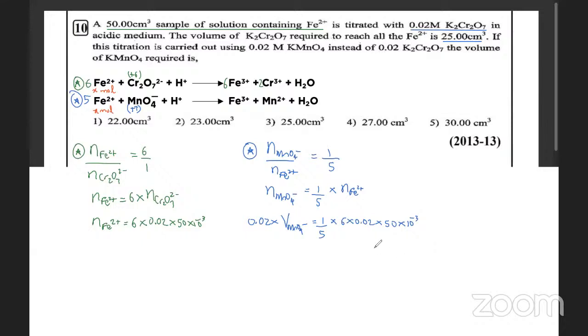Okay, right. Wait, did I make a mistake somewhere? 25 centimeter cube. No, we were, sorry. 25 centimeter cube. What's going on? Here I have made a mistake. Oh, sorry. It should be 25 centimeter cube here. 25. Because